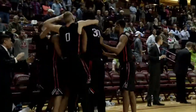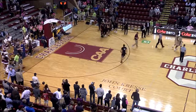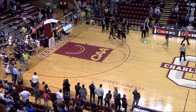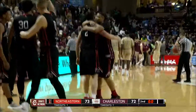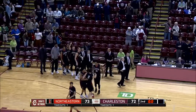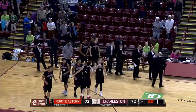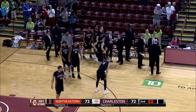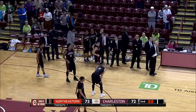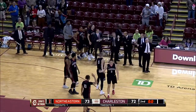Oh my goodness. Brace got the air ball falling out of bounds. Threw it up with, I believe, like 0.5 seconds left. And the ball went through the basket as the horn sounds, and I believe Northeastern is going to get the victory here. Yeah, I think it was good by first look. Let's get a look. We're going to replay it for us. The officials are checking to make sure that it was out of his hands, and Brace